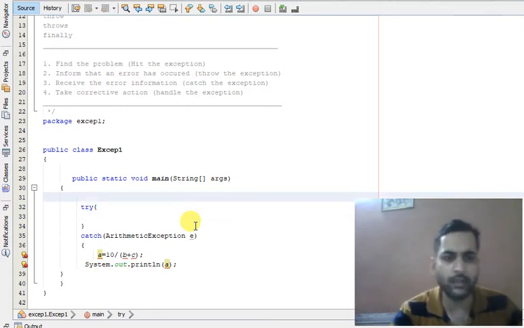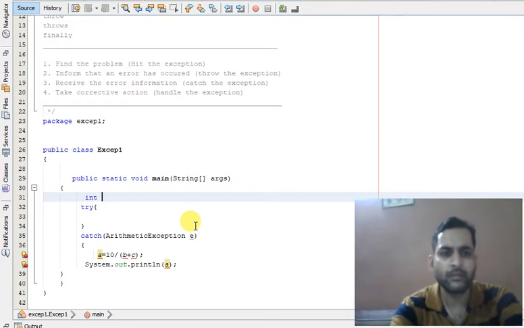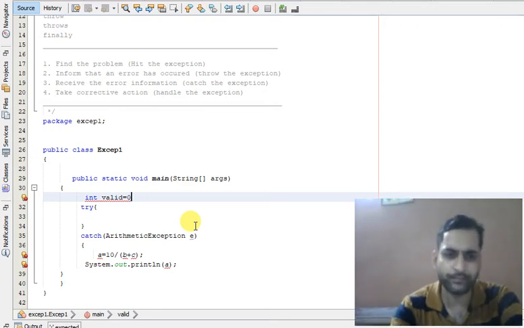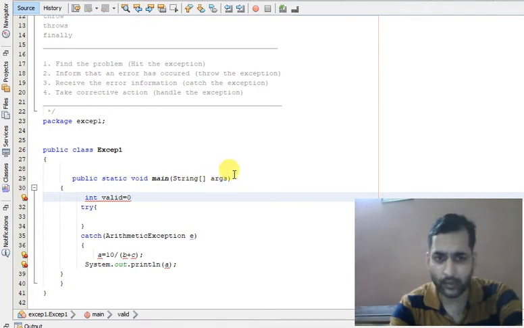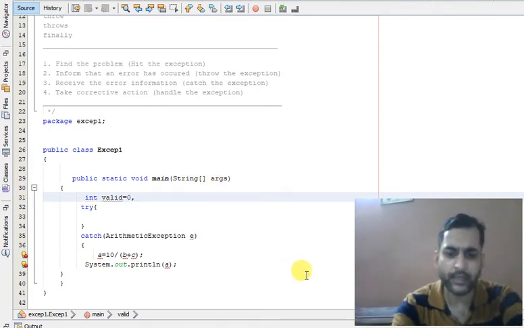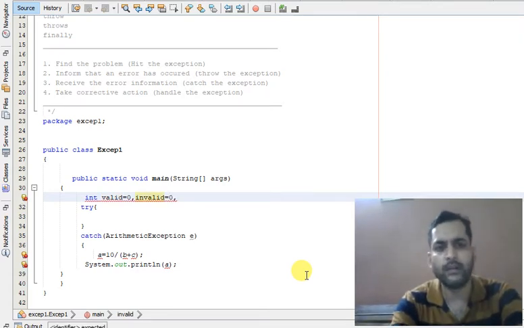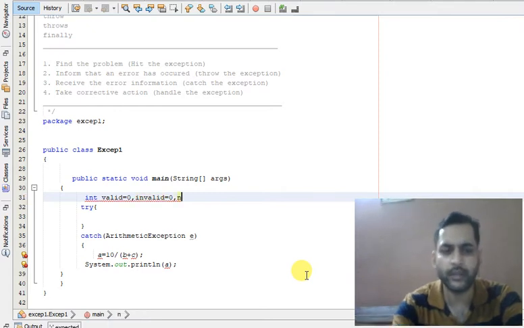So let us declare three variables. Int valid is equal to 0, which will count the number of valid arguments in this command line argument string. Then second, invalid is equal to 0, and a variable n.